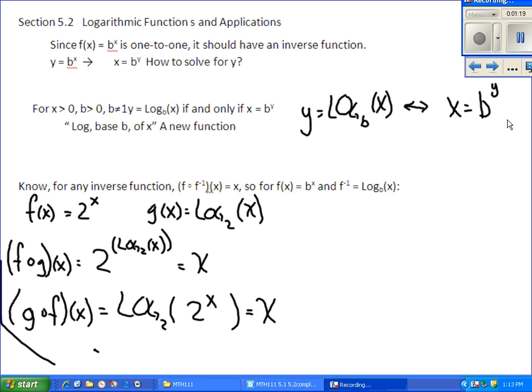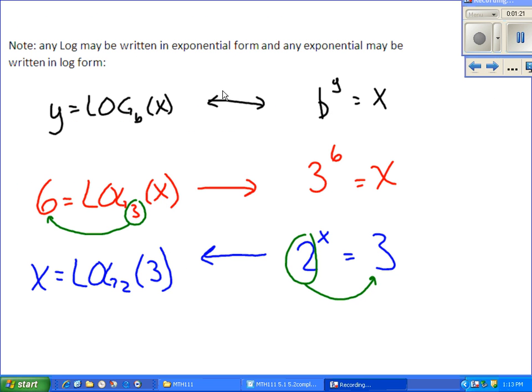We'll see these again in a minute. What will really help you in this chapter is to be comfortable writing any exponent as a log and being able to write any log as an exponent. So the definition of a log means that it can be written as an exponent. The base of the log will be the base of the exponent. Whatever you're taking the log of will be the result,